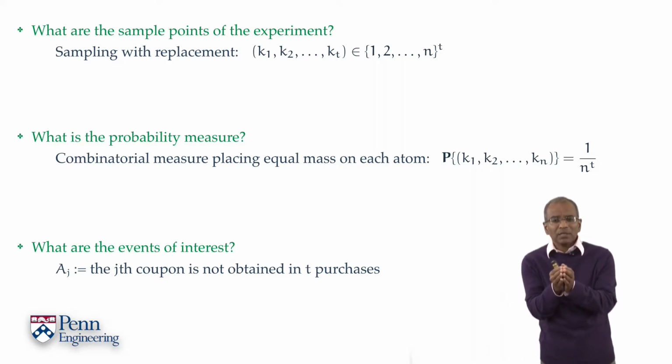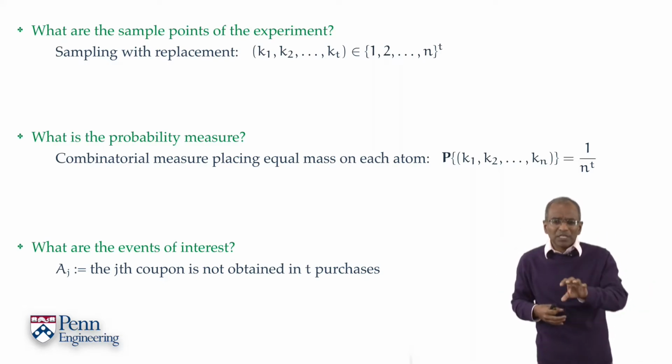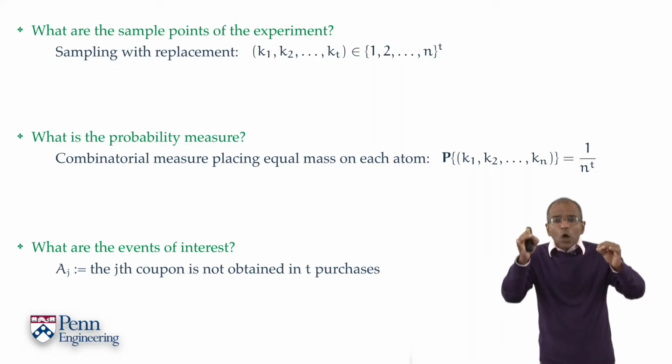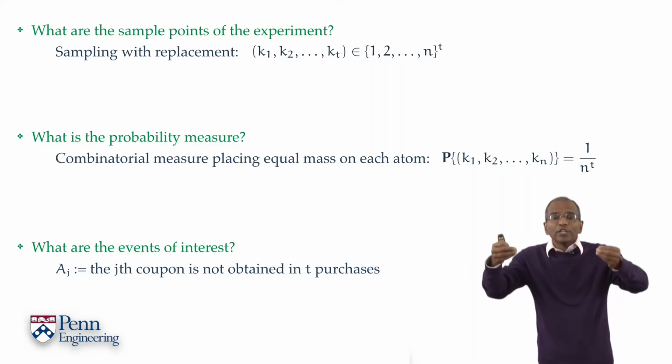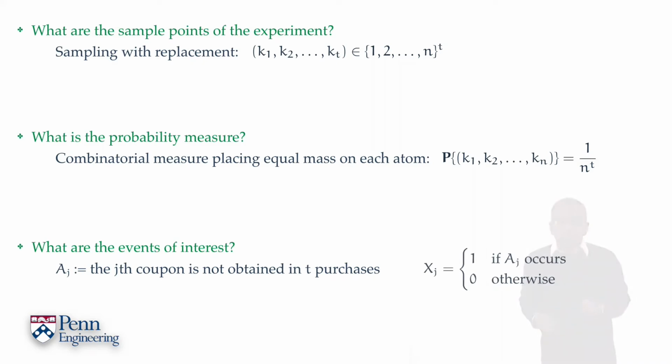Now, we could write down a subset of the sample space corresponding to this, but I'm not going to do this because now it's clear what we're going to need. A sub j is the event comprised of all those T tuples of integers from 1 through n where none of the elements in the T tuple is j. Because if you did, then you'd have acquired the jth coupon. So you're looking at all T tuples where you avoid j. Let's promptly put in place an indicator for this unfortunate event. Let x sub j be the indicator for the event A j. X sub j is 1 means that in T purchases you have not acquired coupon j.